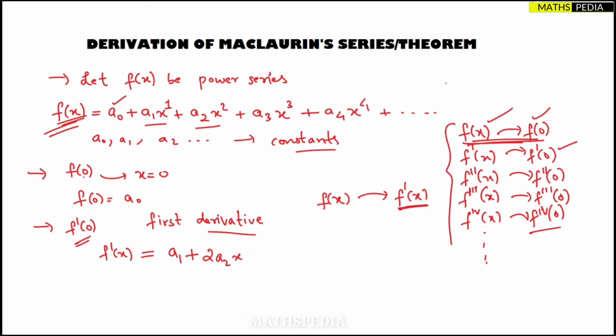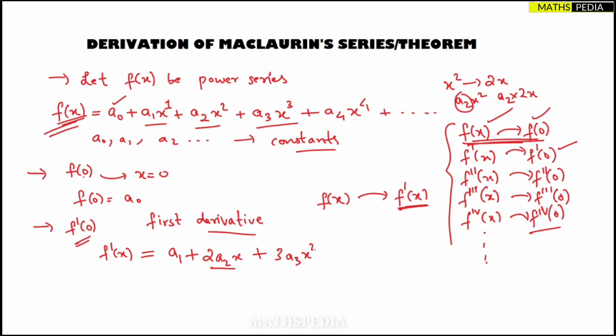So the basic meaning is that the differentiation of x square is 2x. So if a2 x square is there, a2 is anyway a constant, so I'll keep a2 as it is. Into x square differentiation is 2x, that's why I have written here 2a2 x. Plus again the same thing,